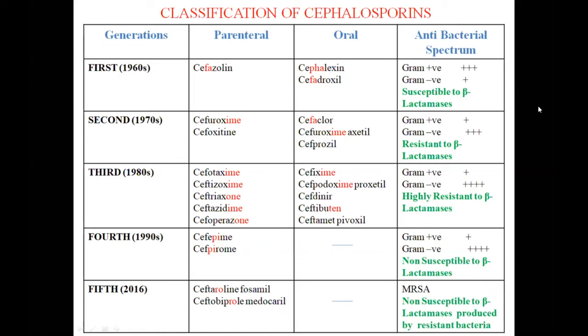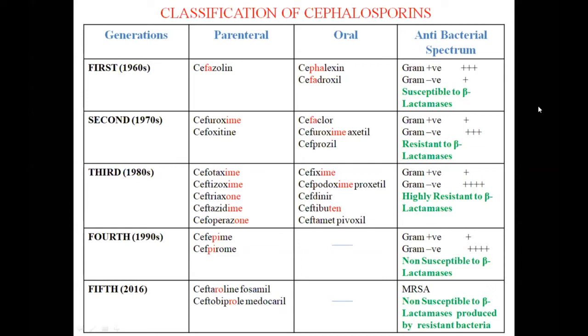So now let us come to the drugs, because as pharmacologists we are very concerned with the drugs. Cephalothin was the first generation cephalosporin, introduced in 1964, and we are now using more of these 3 drugs: the parenteral preparation cefazolin, and the oral preparations cephalexin and cefadroxil. Now you can see a long list of cephalosporins. In the 2nd generation we have cefuroxime, cefoxitin, and oral preparations cefaclor, cefuroxime axetil and cefprozil.